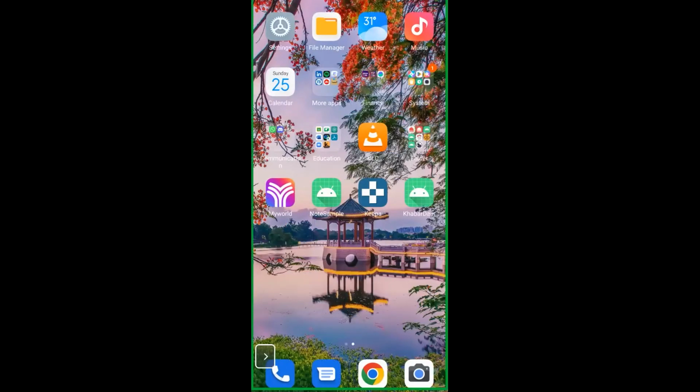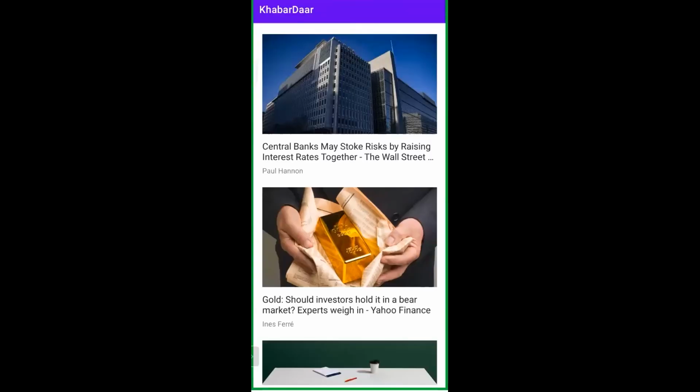Yes, it's visible. Okay, so you can see this application. So what it does is it fetches news from an